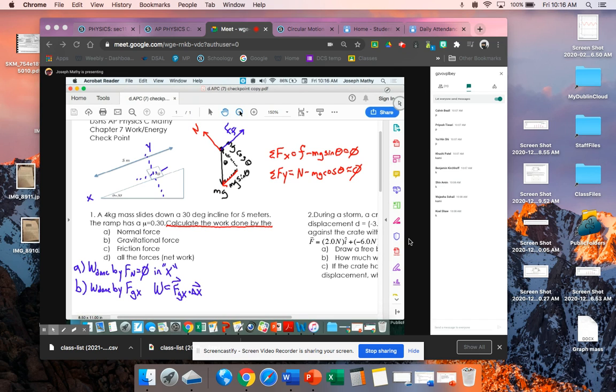Let me grab my calculator. I just thought today we could benefit from working through a problem together. In review, what I did to solve this problem number 1 is I drew a free body diagram, because my free body diagram